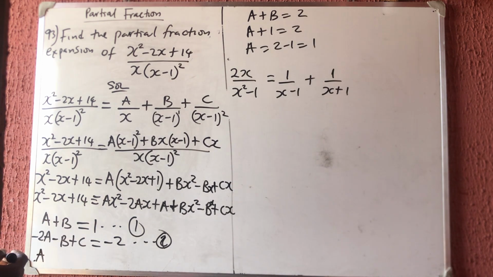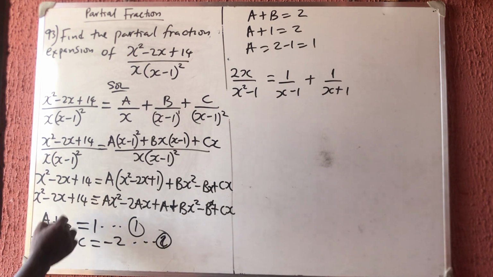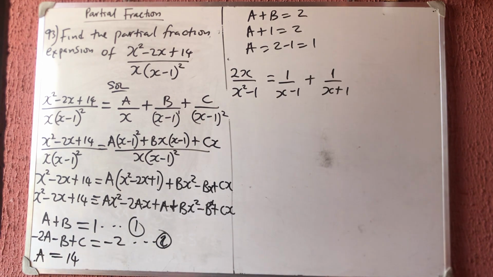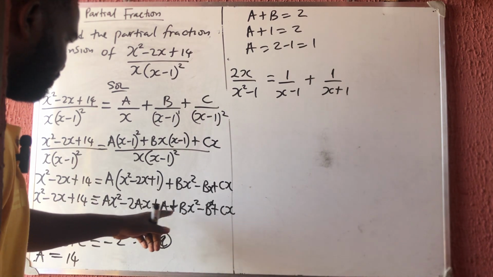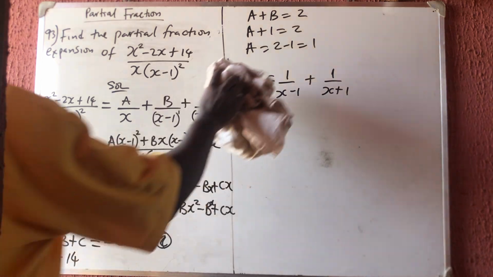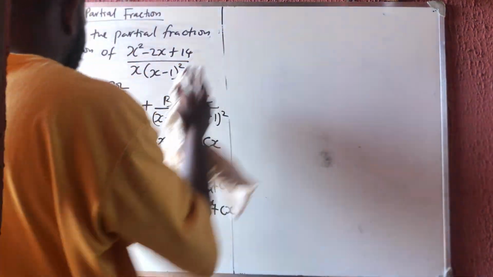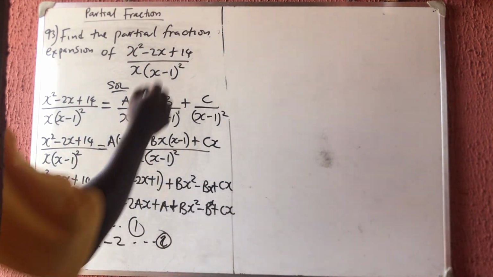Who does not have x again? So a is equal to what? 14 here. So a is the only one that does not have x on the right hand side. Look at it: on the right hand side, only a does not have x. Okay, so we move. Now since we have gotten that a is 14, to get b, we say that